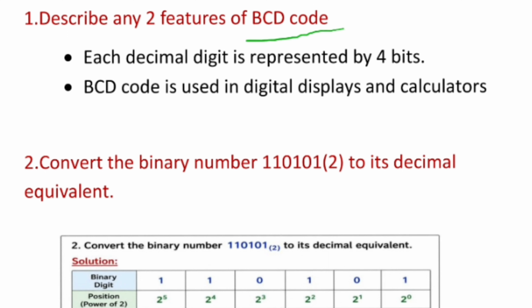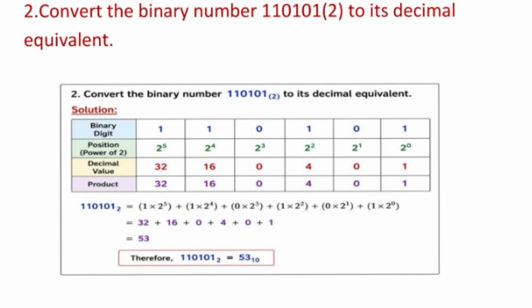In the BCD code, we can represent decimal digits using 4 bits. This BCD code we can use for digital displays and calculators. The next question is converting the binary number given here